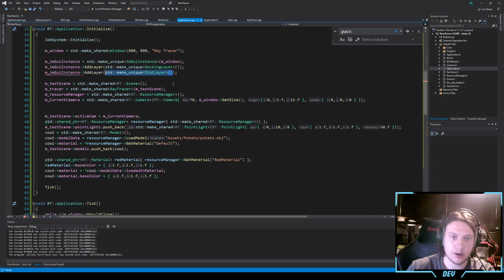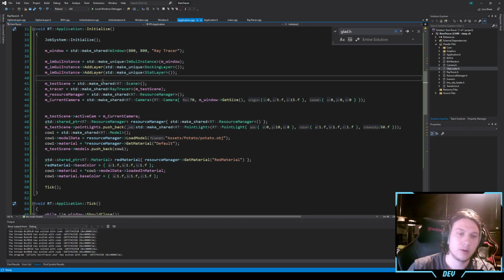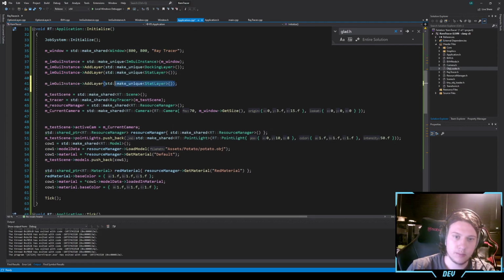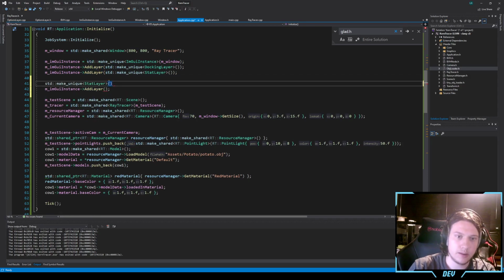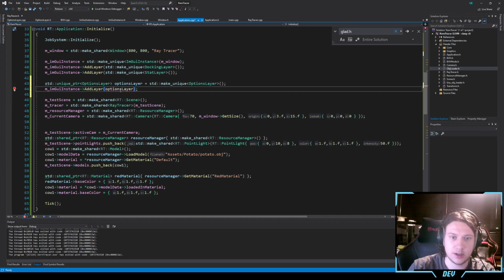No, we need to add another layer, and this would be std unique pointer of options layer. Yeah, include please. Options layer equals std make unique options layer, and then add layer options layer, right? Because this gets taken as a thing, and then we move this value,